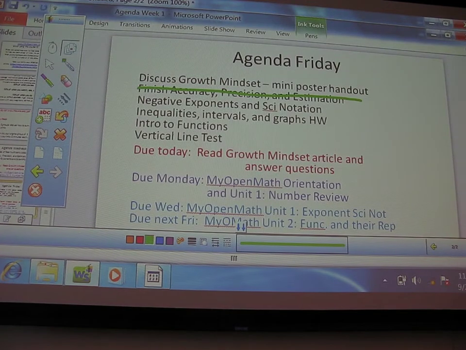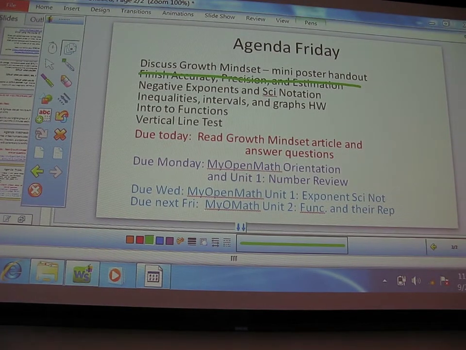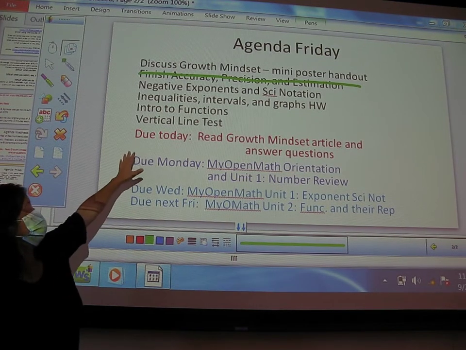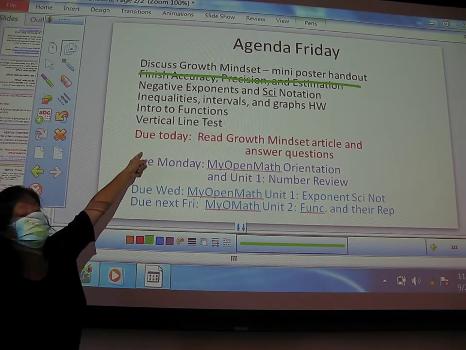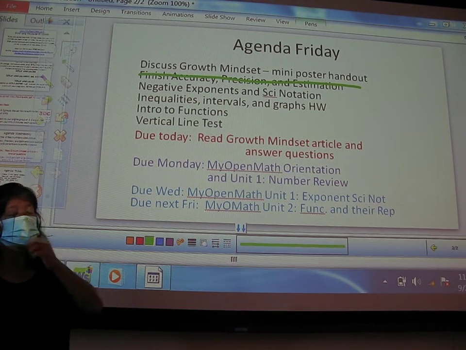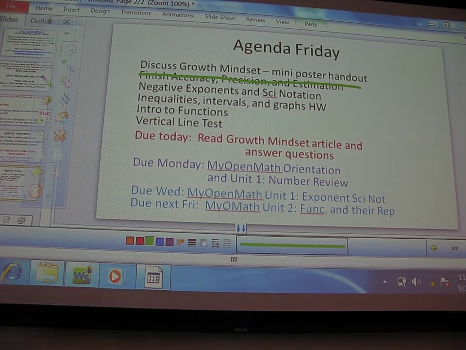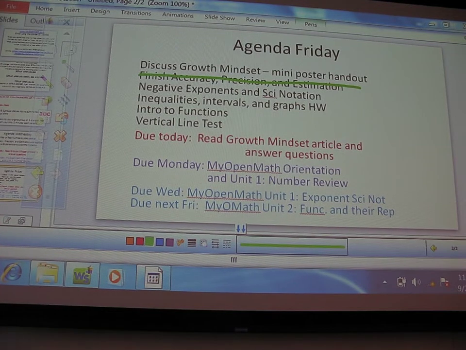Good deal. So again, just as a reminder, these are the things we're going over today. What's due, we'll go through this after the break, so you guys have a chance to finish working on it, and then these are the things that are coming up that are due. So I did want to talk really quickly about